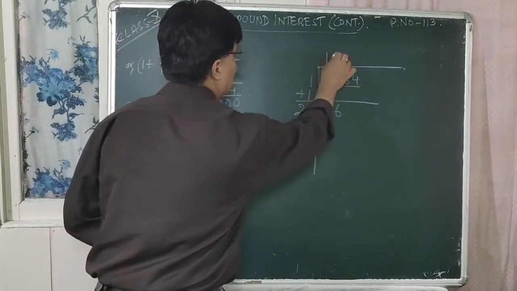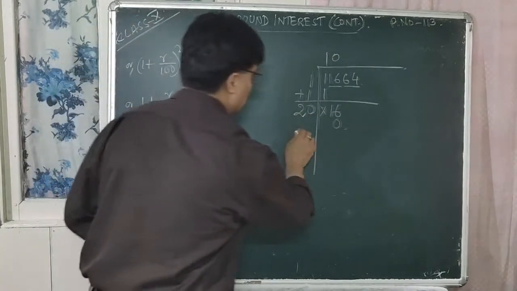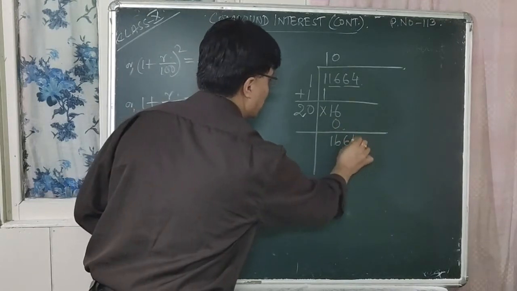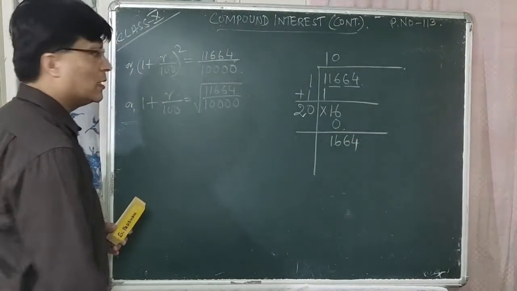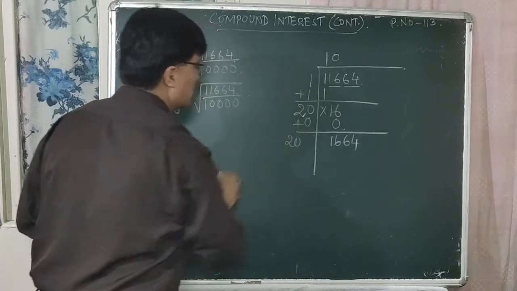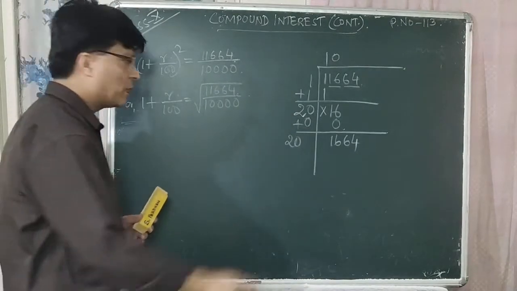If it is 0, here is also 0. 0 into 0, 0 0 is 0. Now subtract it. So it is 16. Then write down 64, right? And here this 0 is added out here. So 20 plus 0 is 20. Okay? Now